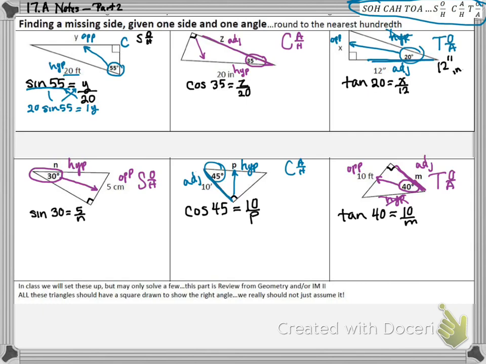In most calculators, you're going to be better off if you do 20 times sine 55 instead of trying to do sine 55 times 20, because you could add parentheses issues if you put the 20 in the back. If I put this into my calculator, it tells me 16.38304